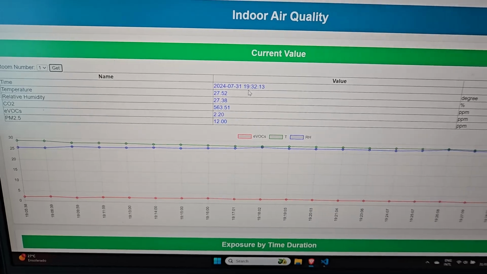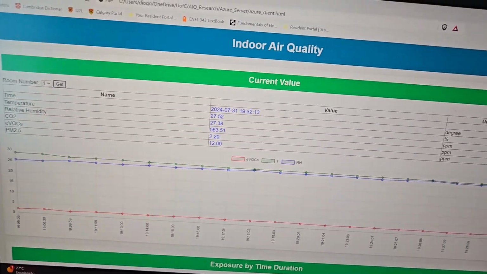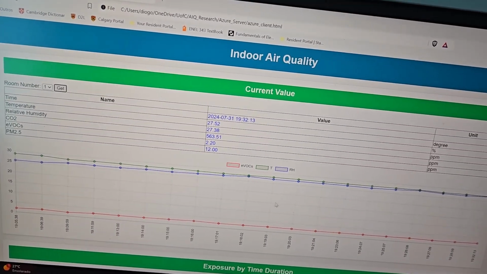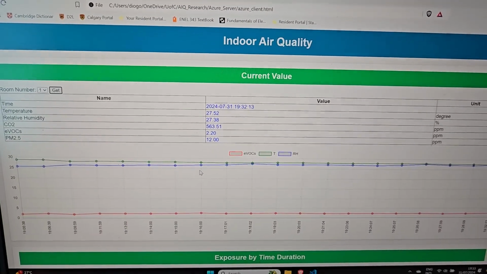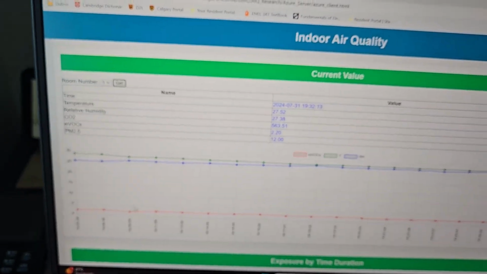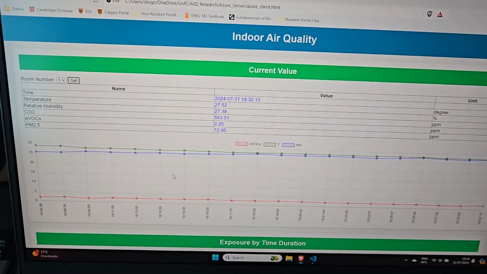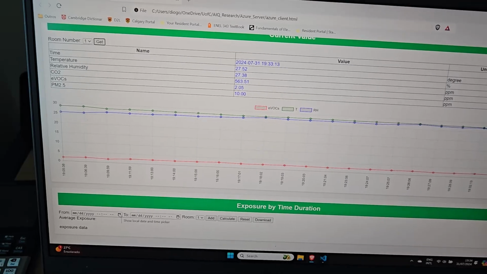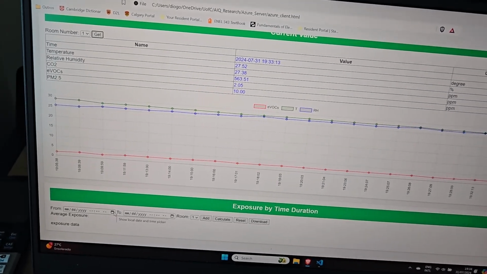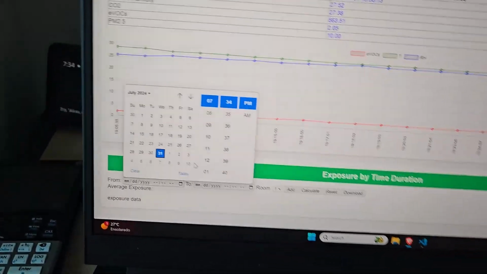This website also includes this graph that shows the eVOCs, temperature, and relative humidity of the previous measurements. So you can see all the previous data here. And you can also do the exposure by time. So if you know your time of being in specific rooms, you can just select here